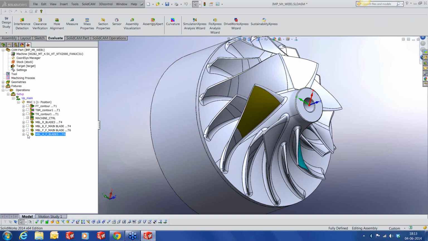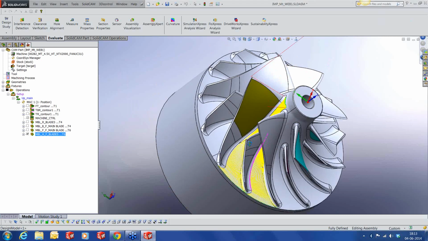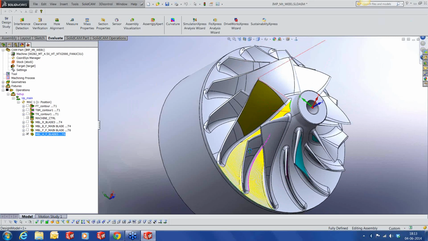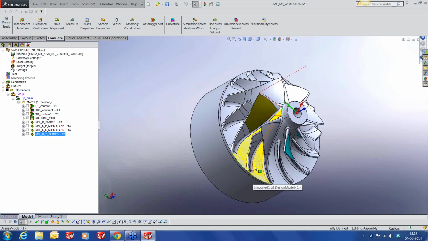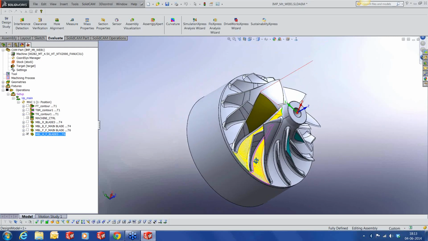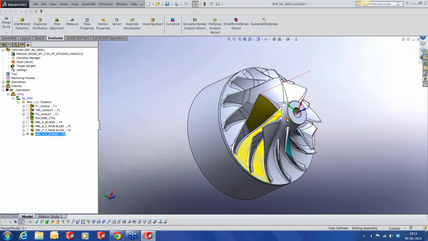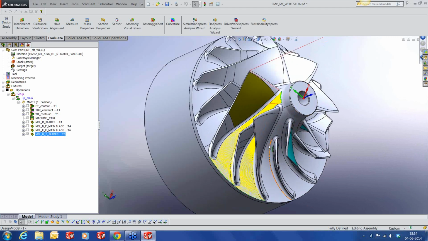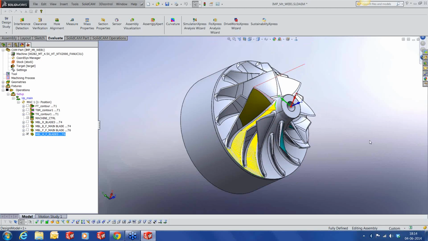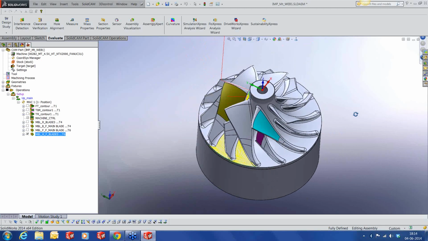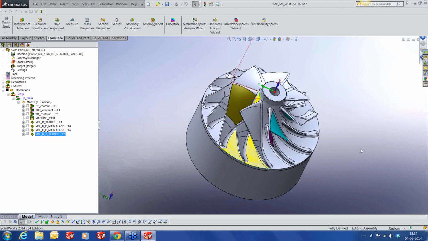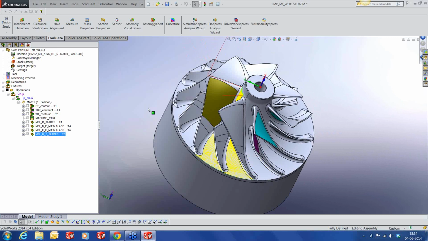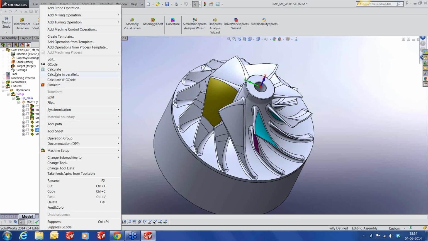Okay, that's also done. Let's see how the toolpath looks like. You can see that the floor has been completely done using a similar strategy like roughing, but it's only doing the floor finishing. Of course, I can rotate this to encompass the entire impeller. Now, if I take an output from this, for example, if I take an output from the fillet finishing and generate a G-code,